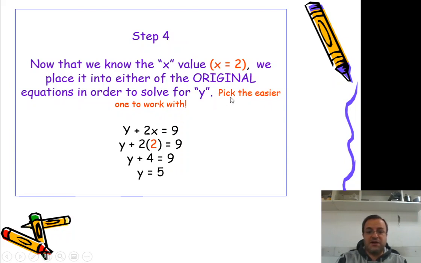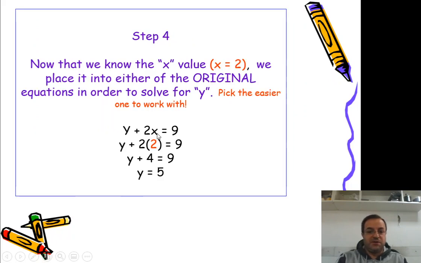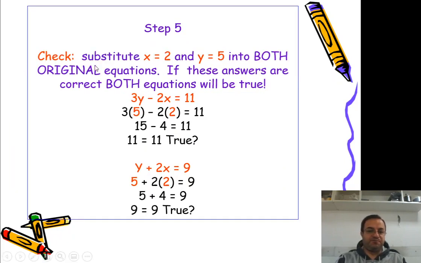We choose the easier one. Which equation is easier? This equation. Now let's get the value of y. So we take this equation and instead of x, because in the previous slide we found x equals 2, so we replace x by 2 and we get the value of y. Now y equals 5. So here we perform the solution of this system,